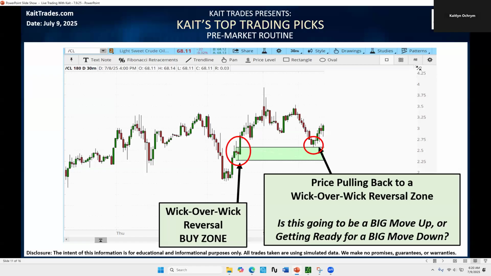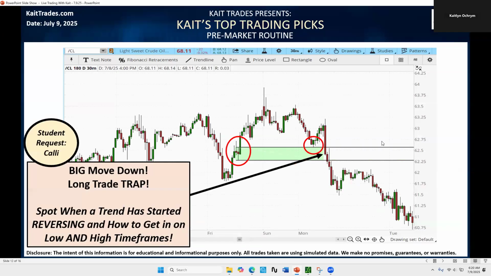Wayne says short, Russ says short. Let's see, the answer is it is short, big move down. This is a long trade trap. So another common trap is that when people start trying to buy and pick bottoms or zones,